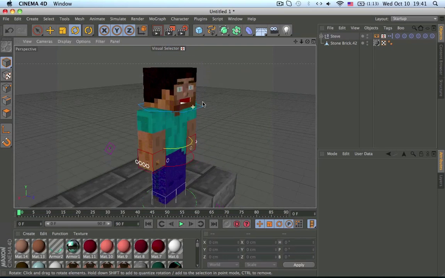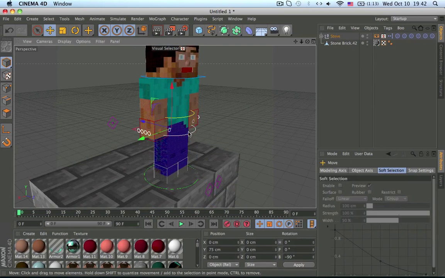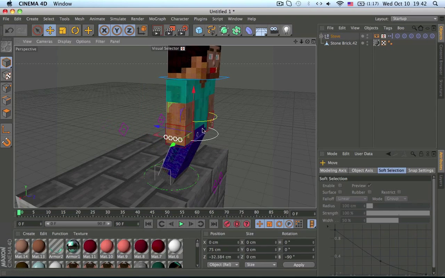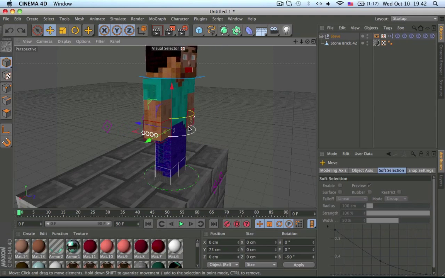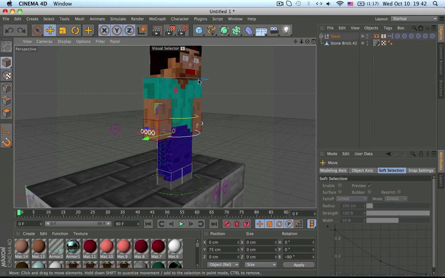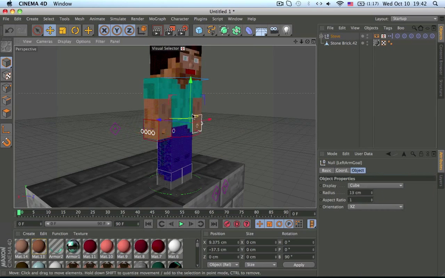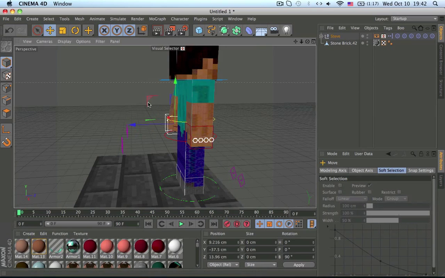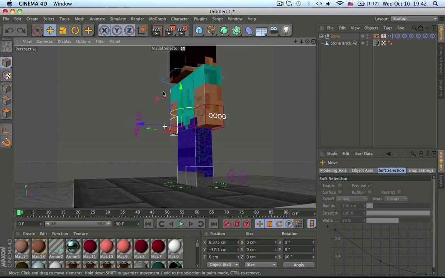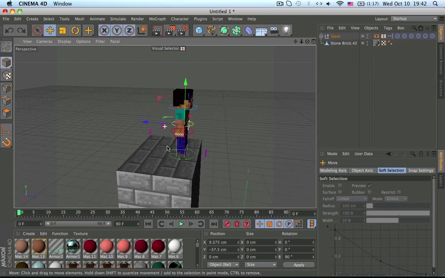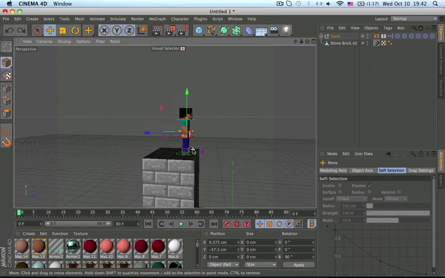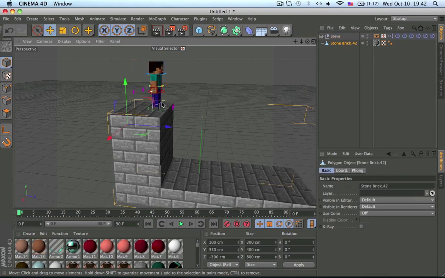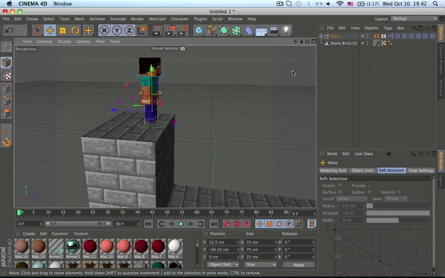So this is my old Steve rig. I suggest parenting the control to both the arm goals, because when you're doing walk cycles, the arms are really annoying to animate, except the legs, they're fine. And then also I parented the poles at the back. Oh, they're not in the same position. Okay. And yeah, same for the legs, I parented it. Okay, so let's go